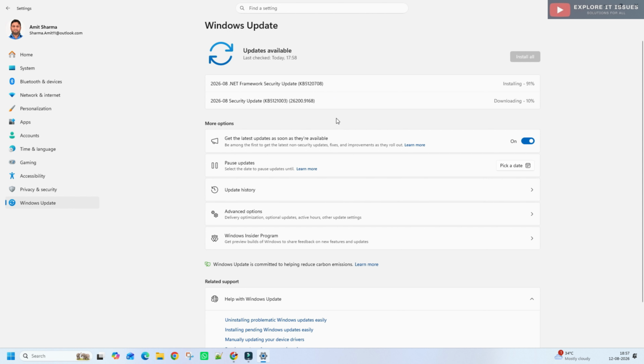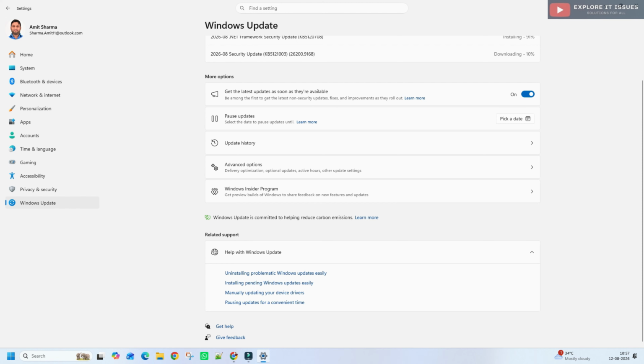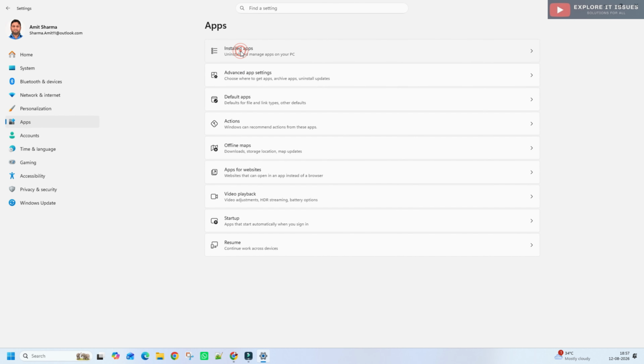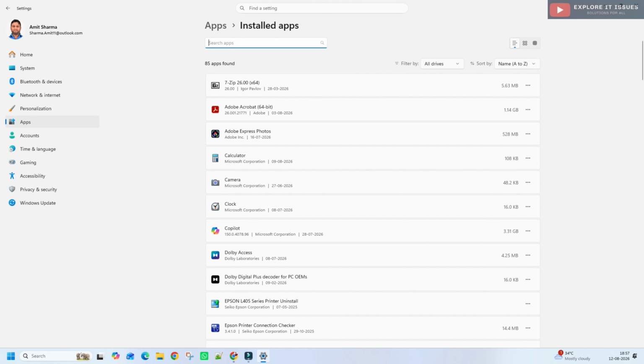Then step 6 is repair problematic applications. For checking this type of information, you just go to Settings, Applications, and check the installed applications. Now let's say Windows itself is working normally, but one particular application is slow, crashing and not responding correctly. Windows 11 provides a repair option for supported applications like this 7-Zip. There is no modify option here. Not this one.